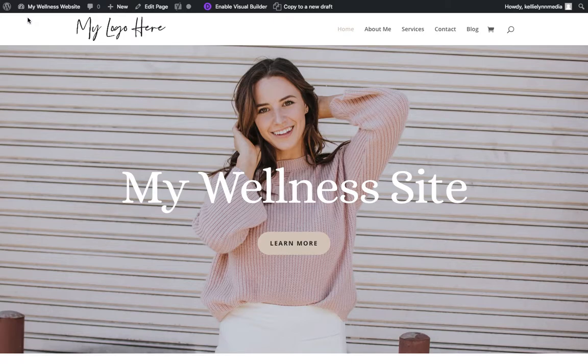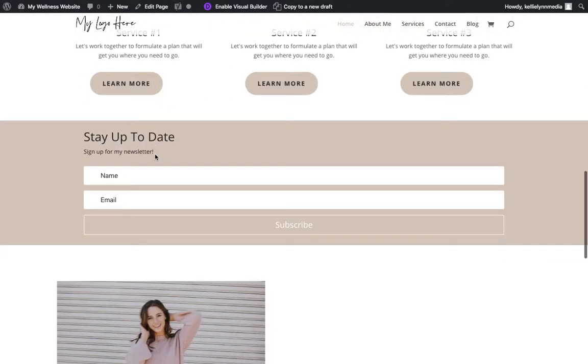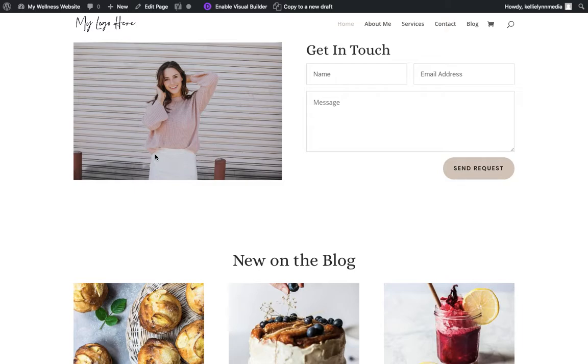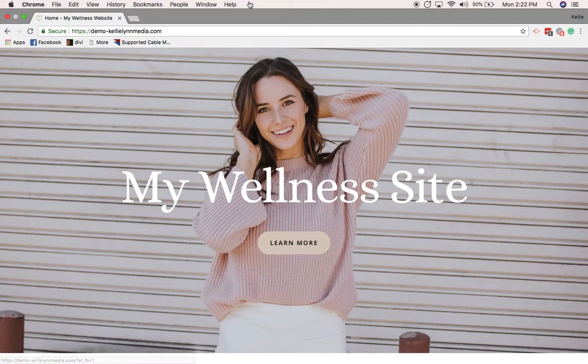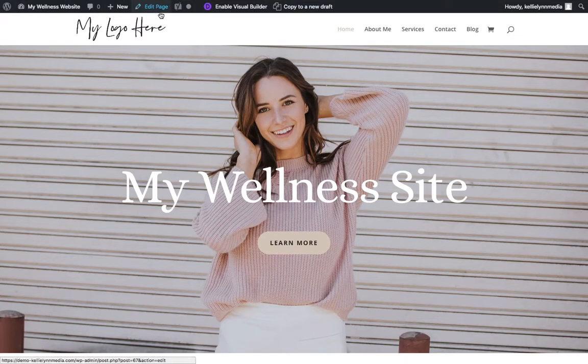So first off, let's get acquainted with Divi. This is your homepage, and there are two ways to edit it. You can either do it in the Edit Page section, or you can do it in the Visual Builder section. So if we go to Edit Page,